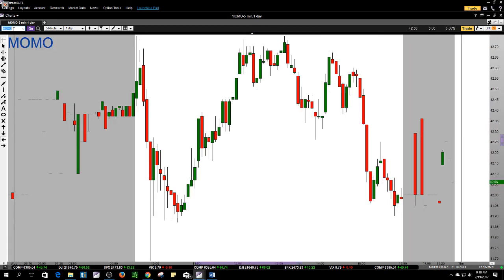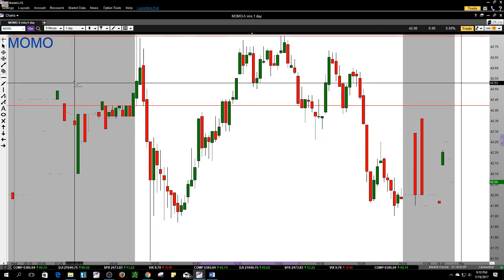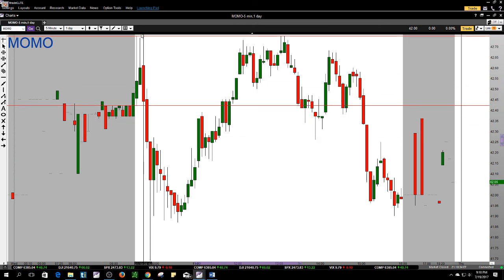Another example of a short: MOMO. Same thing, 5-minute opening range candle, top and bottom wick. The candle never broke through the top, so you never took it on the long side, but it did poke through to the bottom. So on this chart, maybe you didn't wait for the candle to close completely, or maybe you did, waited for the chart to come back up. Maybe you got the trade, maybe you just took it on the second one, but this was an aggressive candle